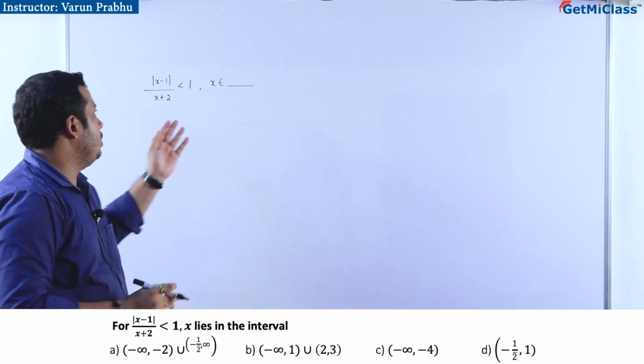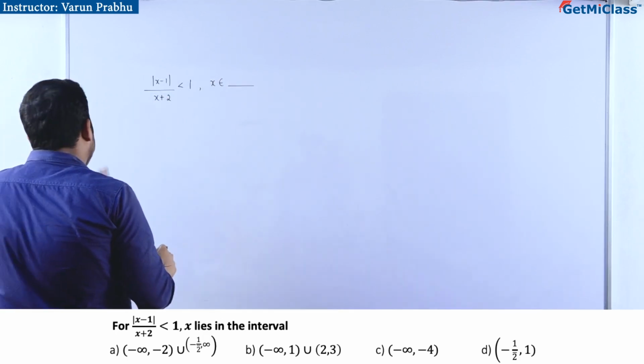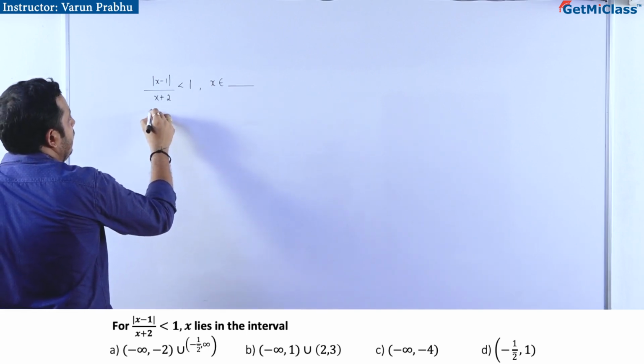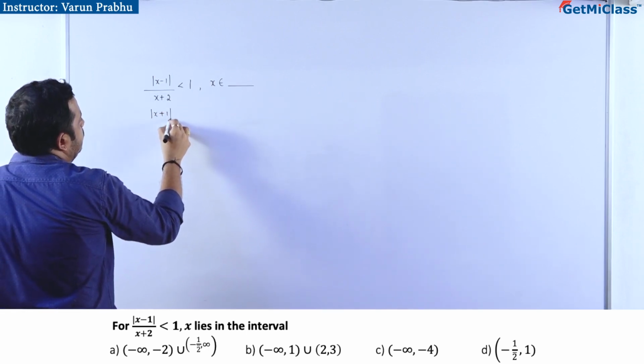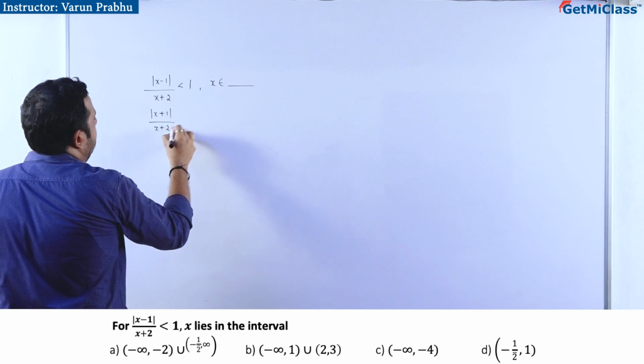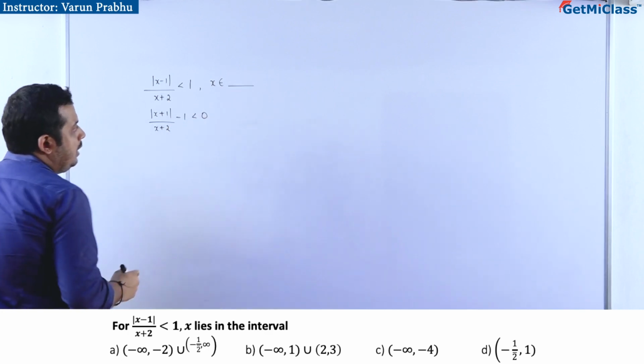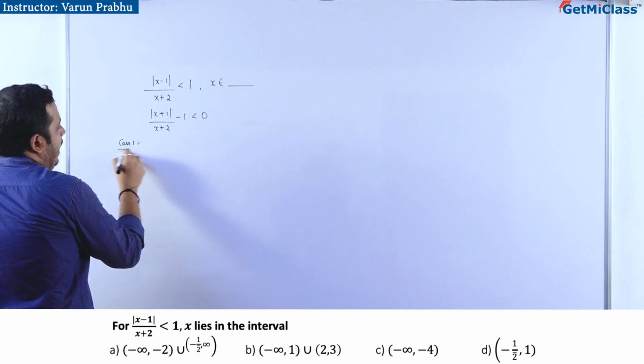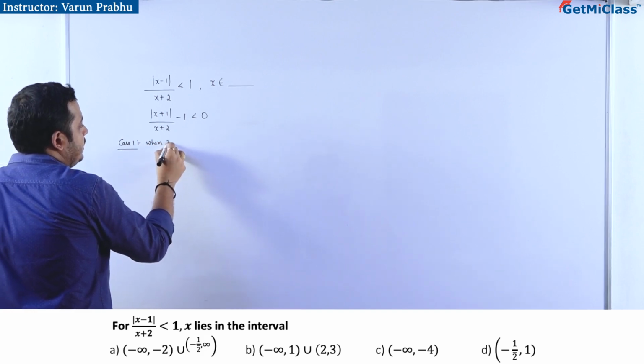Now if you look at this question, it's told in the problem that |x - 1| divided by x + 2 is less than 1. So I can say |x - 1| divided by x + 2, minus 1, is less than 0, correct or not? Now case number 1, when x is less than 1,